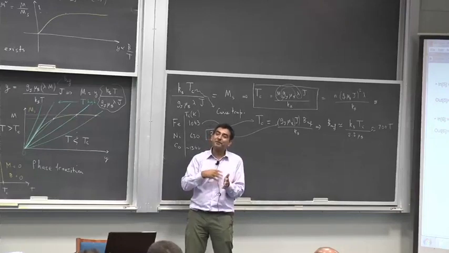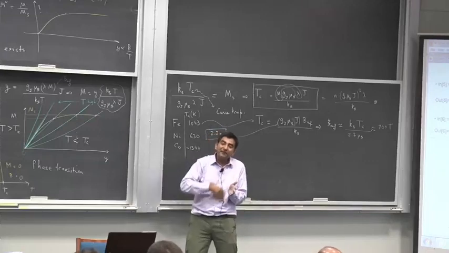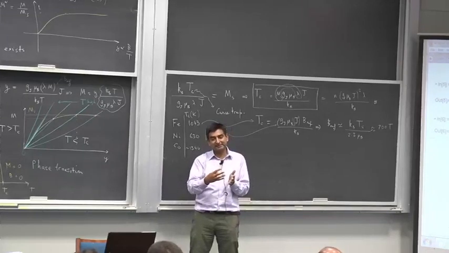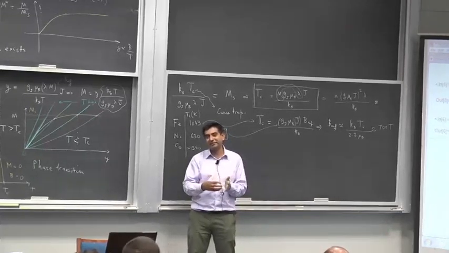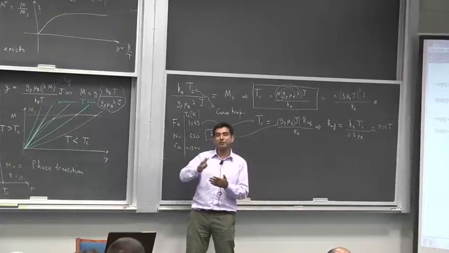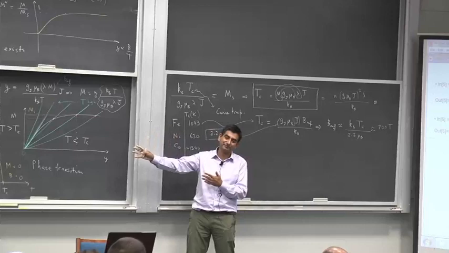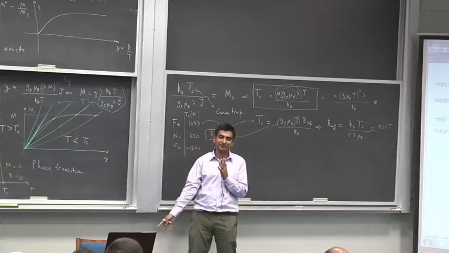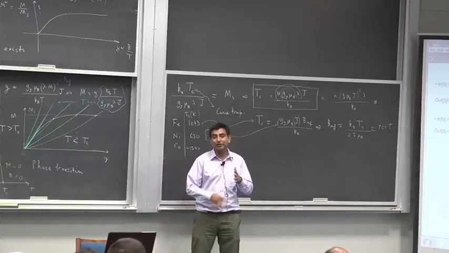Now, spins are ordered by magnetic fields. So there is an effective magnetic field that exists effectively inside the solid, which is of a large magnitude, about 1,000 Teslas, which is going to order those spins, which is going to put them in an ordered state. Now we have to look at what is the origin of this